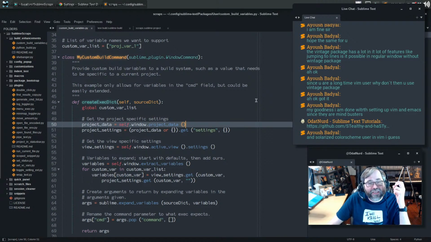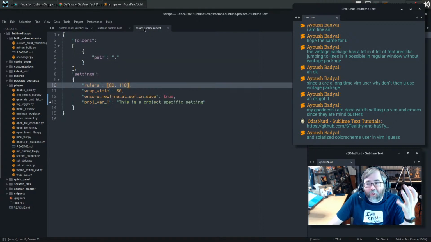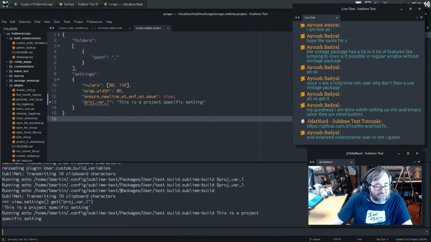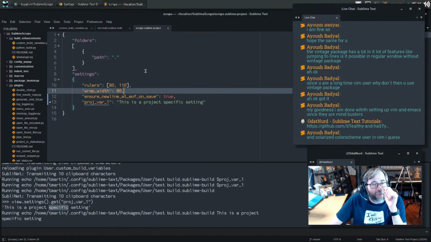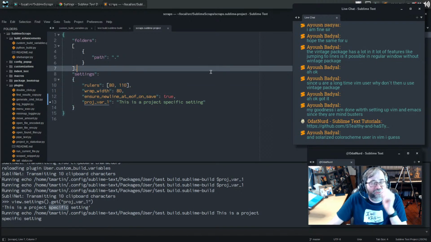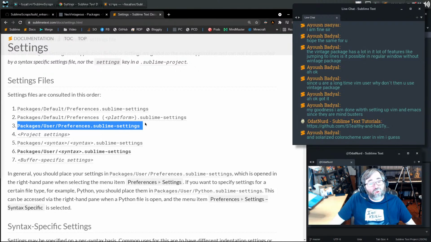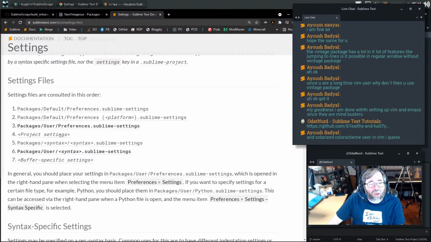if you put settings in the project, which we did here, they automatically get applied to every view, as we just saw. If you ask this view for this setting, this is what happens here. That part happens first. So the setting could be inside of your preferences file. If it's not there, then it could be inside of the project settings, or sorry, in your user preferences rather. That's what I said, right? Yeah. You could put it in your preferences and it would apply to all files everywhere. You could put it in your project settings as we did here, and then it'll only apply to files inside that project. And if you put it in both of these places,